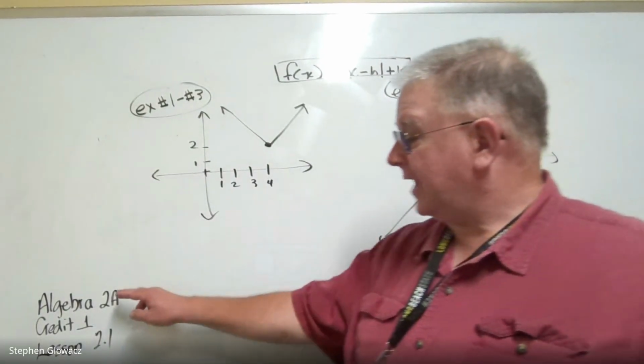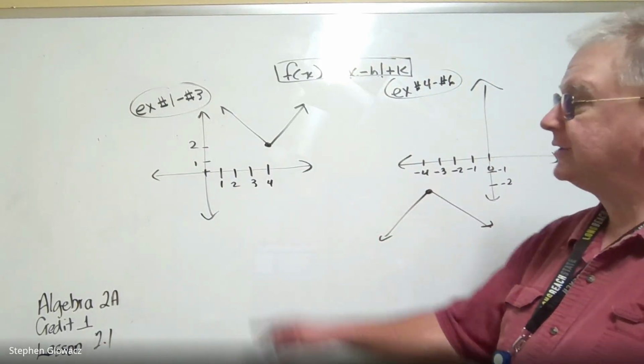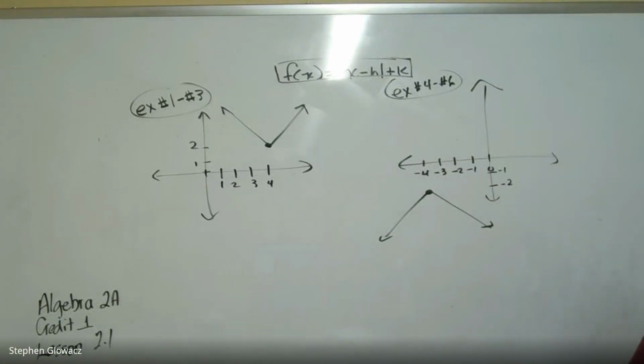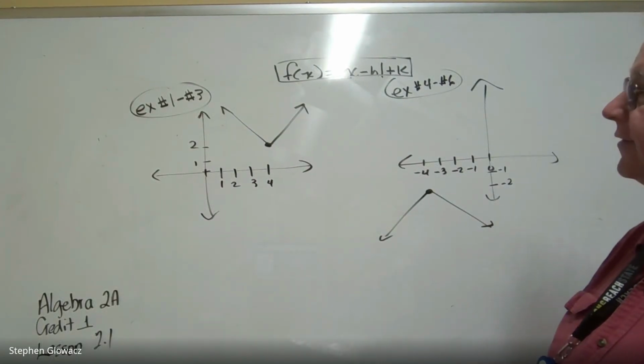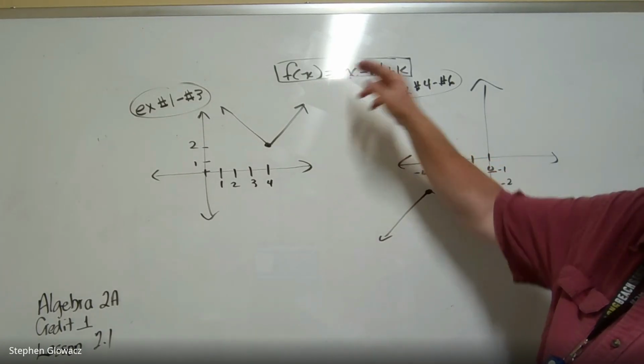These are the examples for Algebra 2A Credit 1, Lesson 2.1. All right, so the first graph will be an example for problems 1, 2, and 3. We're going to be asked to find the vertex, write the absolute value function, and then to state the domain